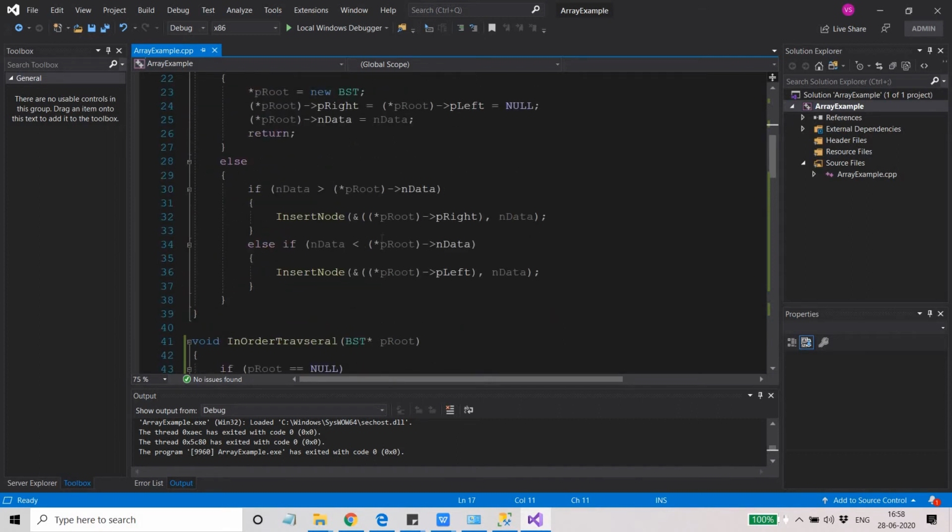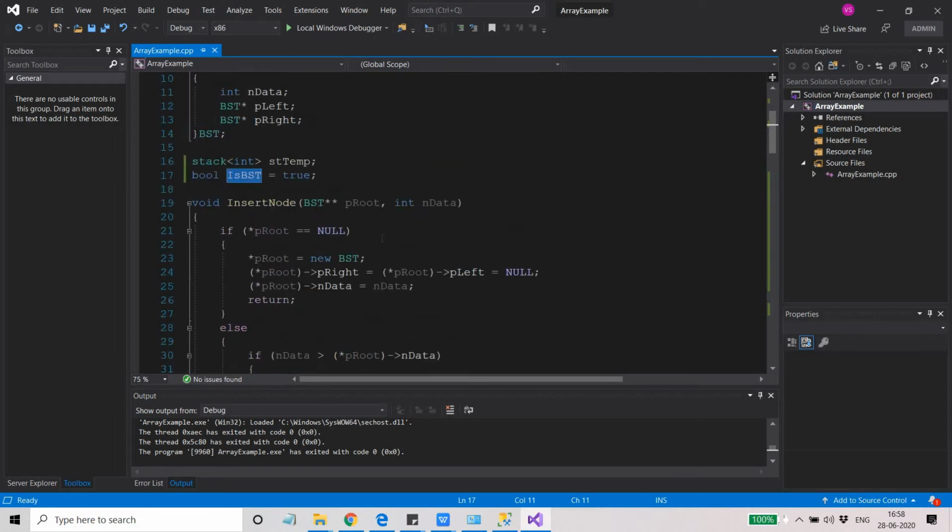To be very precise, it should be the sorted order of elements. So if at any point we find that my traversal is not giving me the sorted order of the elements, then I will set isBST to false. And for that I have taken a stack.